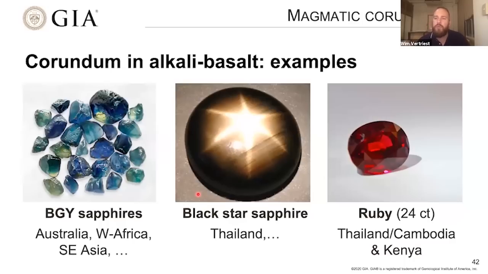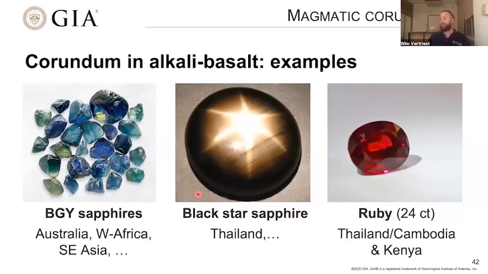And then there's a few very special places in the world where we find rubies associated with those alkali basalts. And the most famous deposit is, of course, on the border of Thailand and Cambodia. But you also have a smaller deposit in Kenya. And there might be other deposits as well, but they're just not as known. They're not out there, and they're maybe not even discovered yet. So alkali basalts, extremely good environment to find rubies and sapphires, but they don't provide any indication for the formation of those sapphires, because they just act as a mode of transport from the place where the